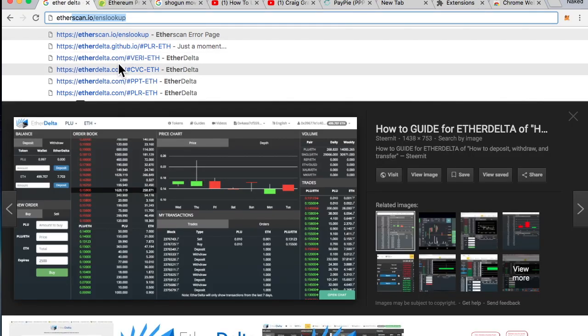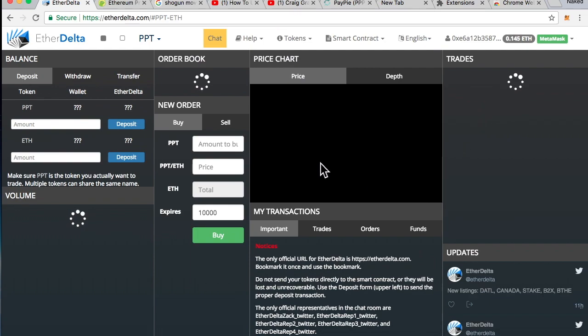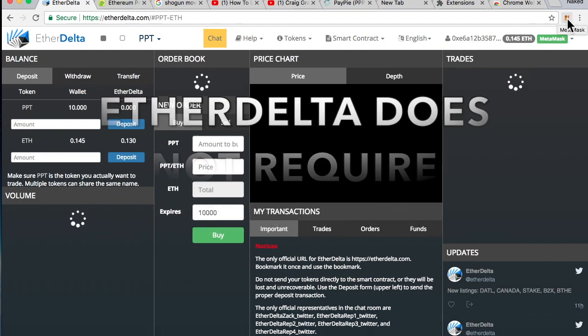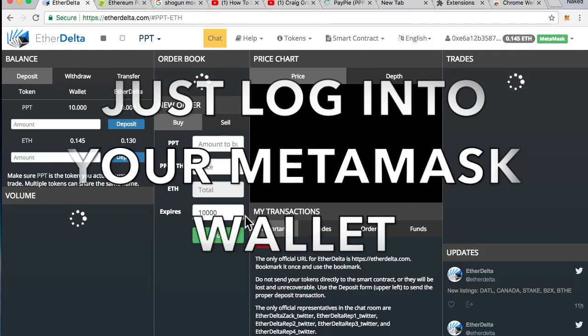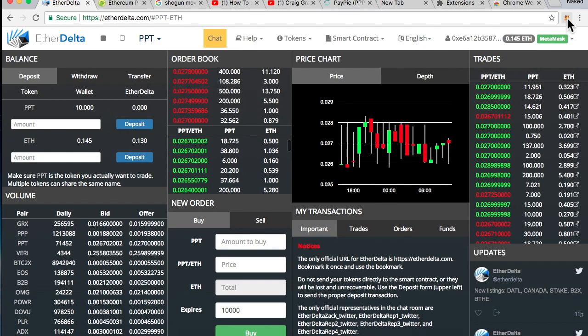So it's etherdelta.com. Check your browser. Now, before going to EtherDelta, or once you're on there, if you're not logged into your Metamask wallet, it will ask you to log on. EtherDelta and your MetaMask work hand in hand. Once you're signed into the Metamask wallet, which is a Chrome browser extension, and you go to EtherDelta.com,